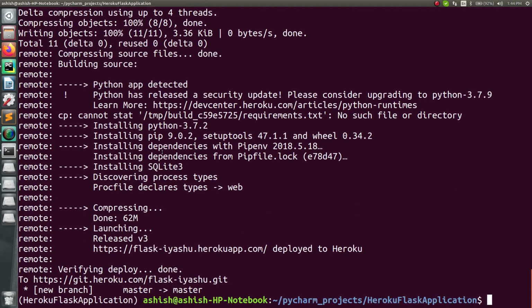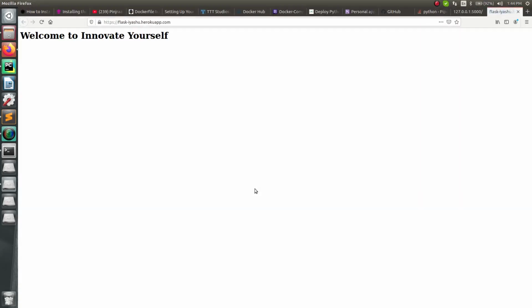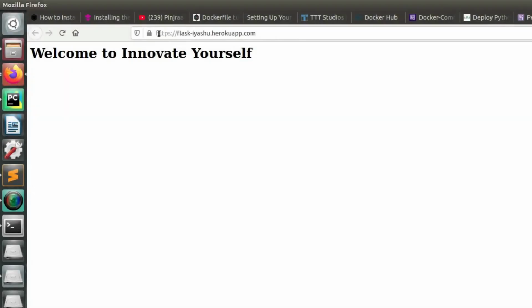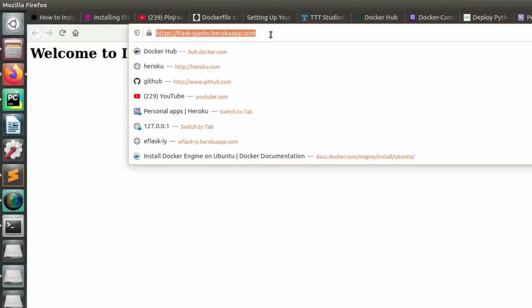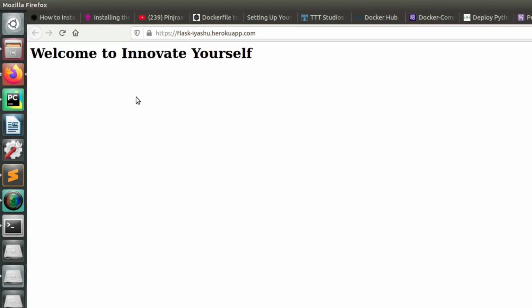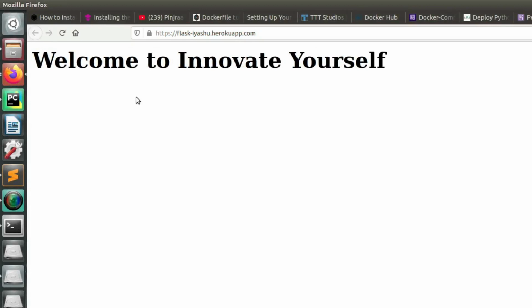Alright, so you can see in here that it says deployed to Heroku, which means your application has been deployed, and now you can access it at this URL. Now just open it and let's see whether we are getting some output or not. So can you see this time? This is the URL which I just mentioned and which I am opening right now, and on there you can see this is the same message which we just entered in the project. So this is all that we are doing in here.